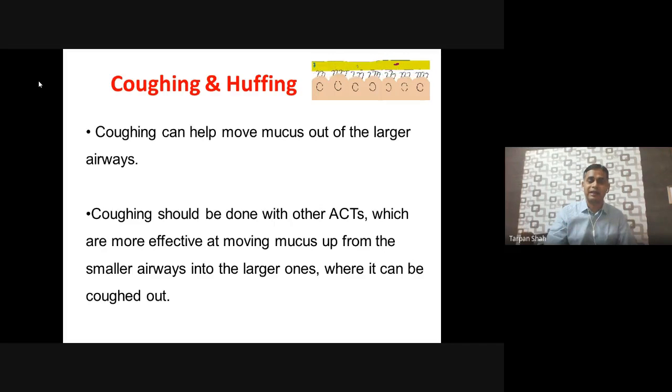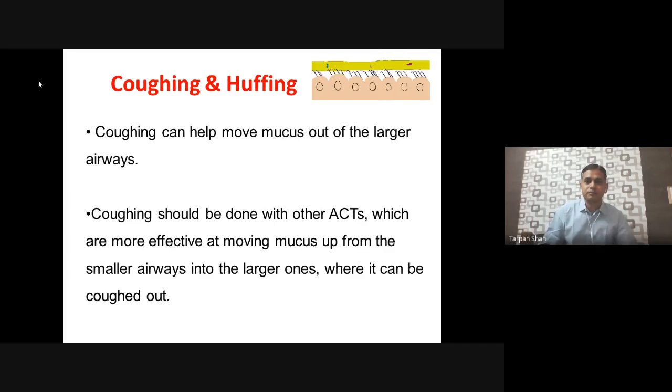Huffing is less tiring and very comfortable for the patient. And coughing is like you need to take a breath, because you know the phases of coughing: irritation, taking a deep breath, holding the breath, building up of the intrathoracic and intra-abdominal pressure, and then removing the cough. Okay, so coughing and huffing, try to go with the huffing, and if required, only then you go with